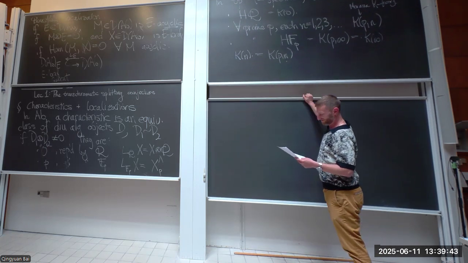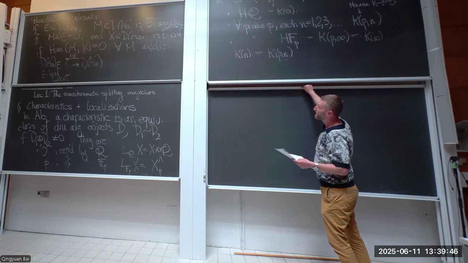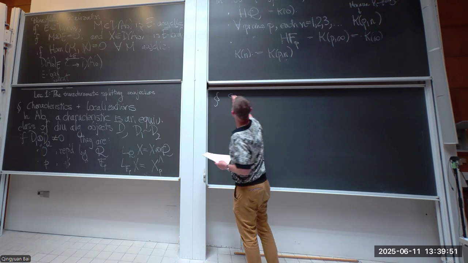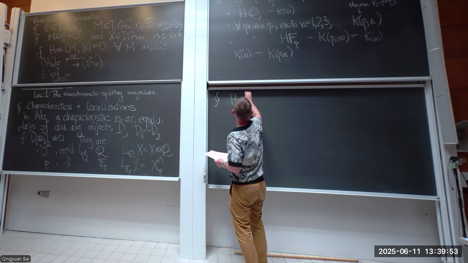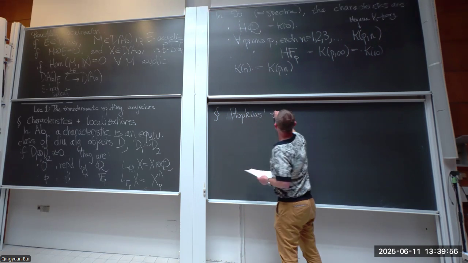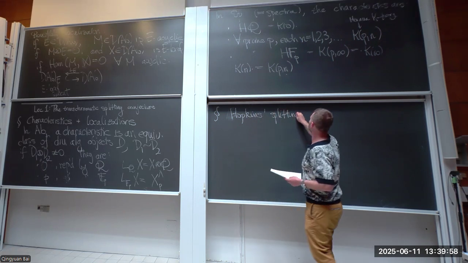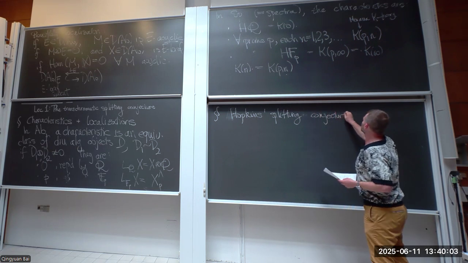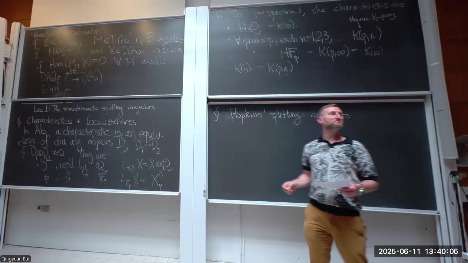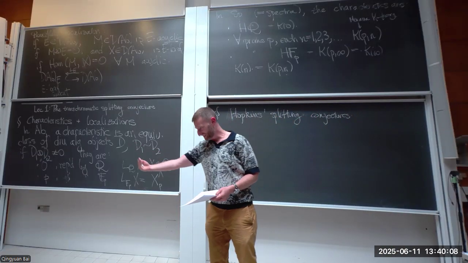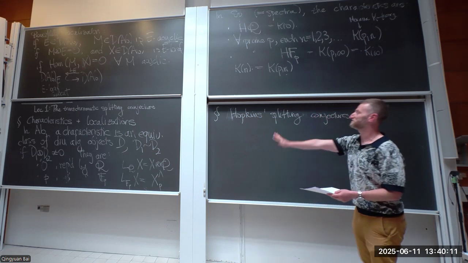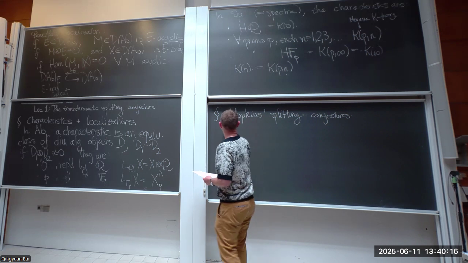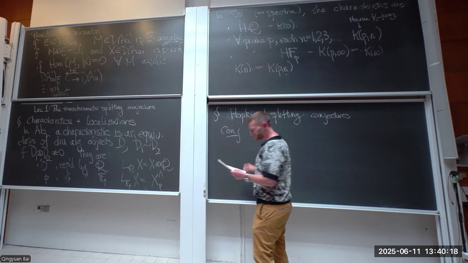So that brings us to Hopkins's splitting conjecture. Well, there are a few things that go under this name, so maybe I'll write conjectures. One is a simple fact that a certain morphism between spectra is split, and another says completely what one of the spectra is. But this is going to refer to what happens when you take